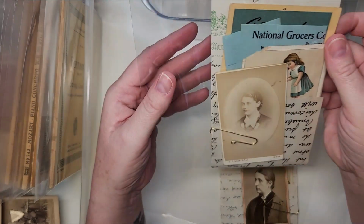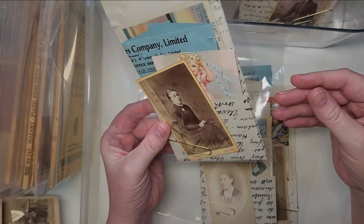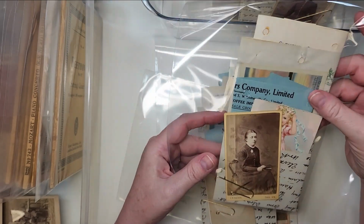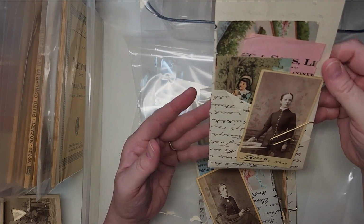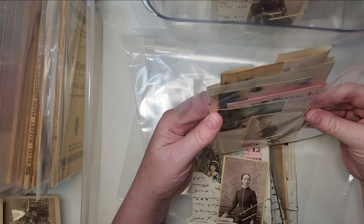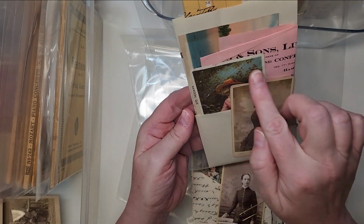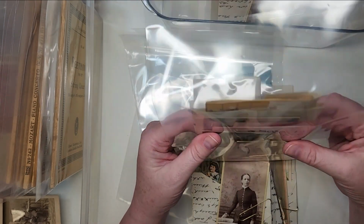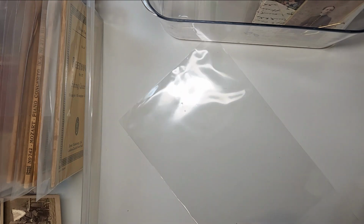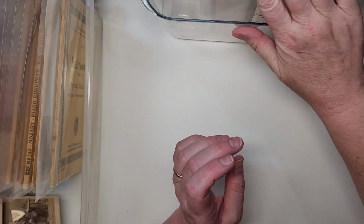I'll show you a few other examples. This one's got some little girls. That one's got a postcard and a trade card and a carte de visite. Have some with little bits of pink and yellow documents. Here's one that has pink and yellow. I think I put 2 documents in the top there too. And there's a trade card and a carte de visite and a postcard in the back. So lots of variety. Not one is the same, that's for sure. And you can either pin this into your journal or you can take it apart and use it as you please. Okay,